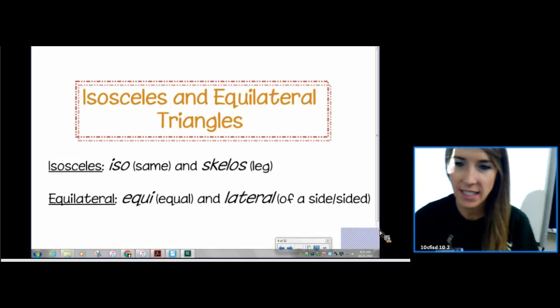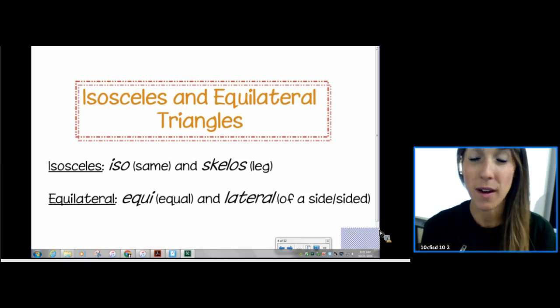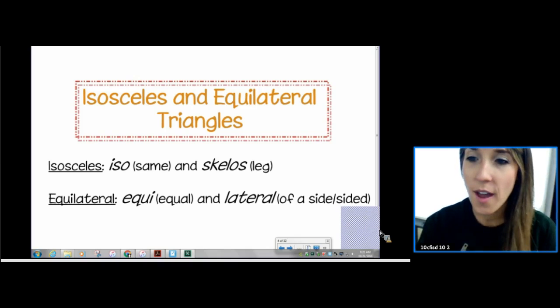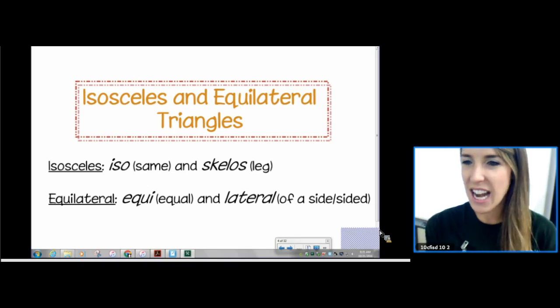We're in the triangles unit, and today we're going to focus on two of the most special triangles. They're like celebrities: isosceles and equilateral triangles. Although you do not have to memorize the roots of these words, it's kind of nice to know where